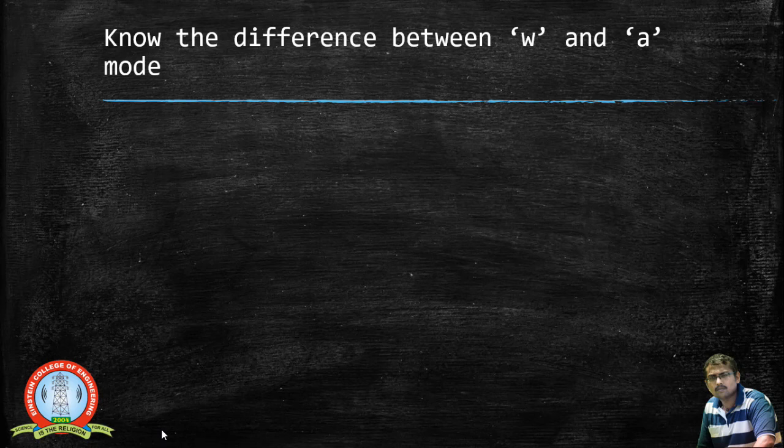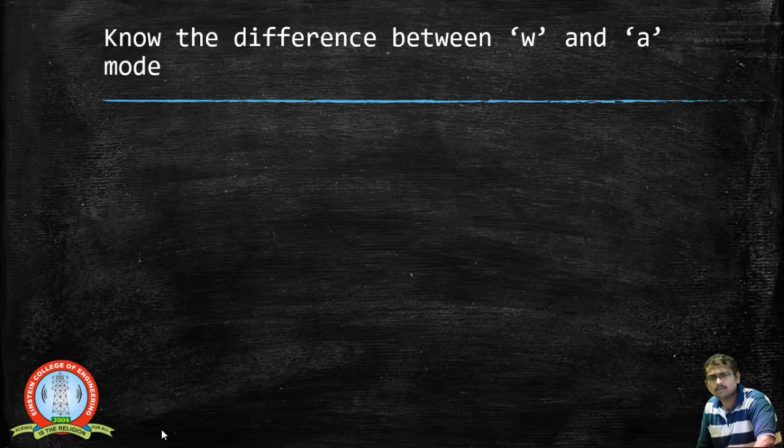Say, for example, I have a file like sample.txt in read mode, and the other file, new.txt, in append mode. Now when you copy the contents from sample.txt to new.txt, which is in append mode, the contents of sample.txt will be appended to the end of the file and will not be overwritten.